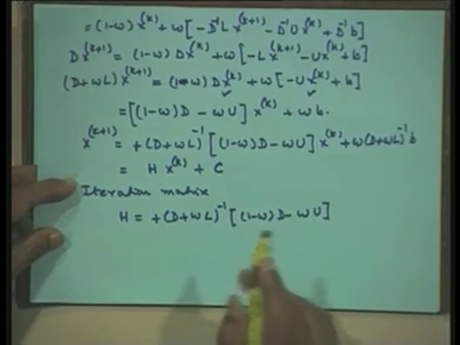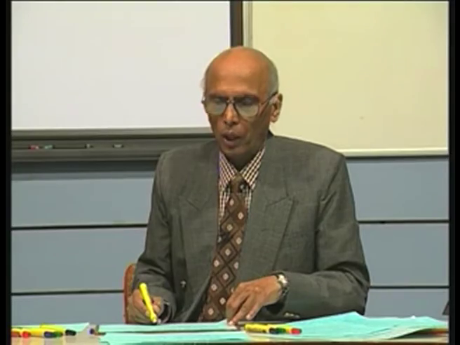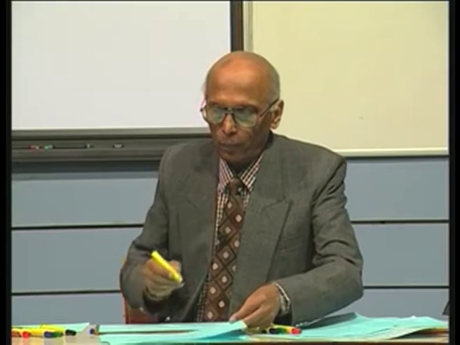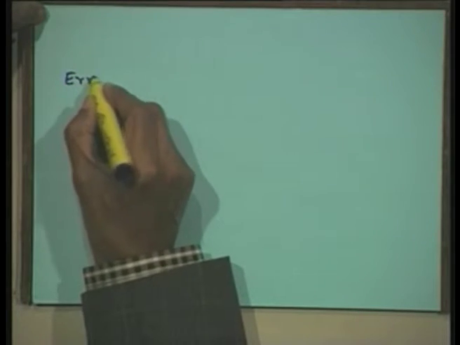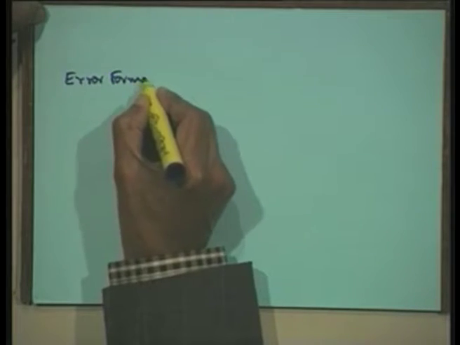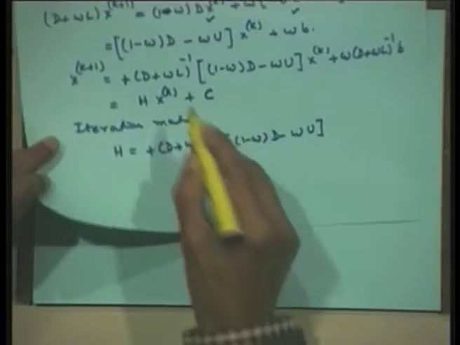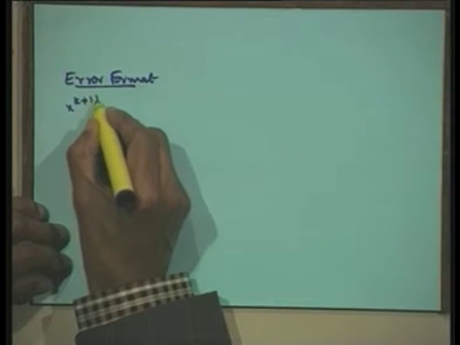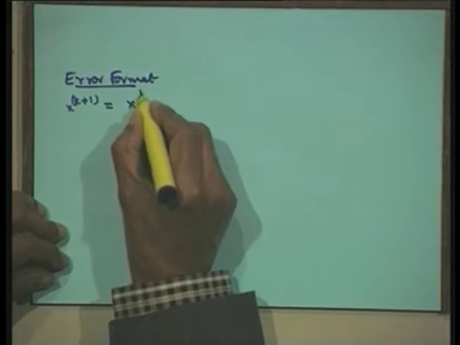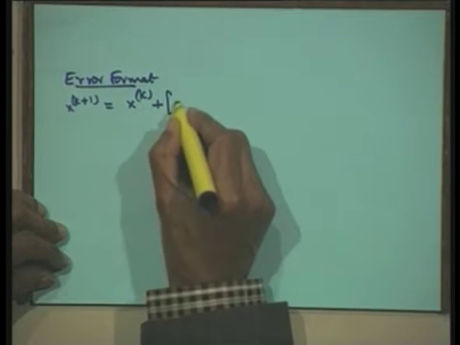Therefore, we would like to use the error format to derive it. Now, let us write the error format of this particular method. I add and subtract x k on the right hand side. Therefore, I can write x k plus 1 is equal to x k plus minus I